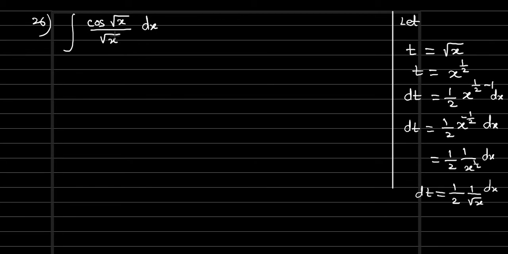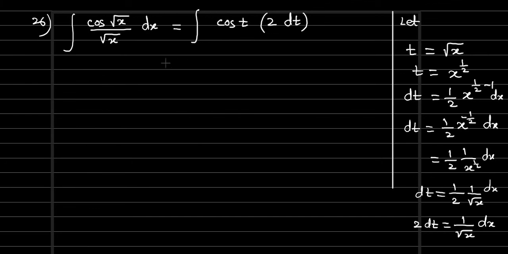So here root x alone we have, right? Is that product 2 getting multiplied in the denominator? Obviously not. So what we are going to do is, this 2 we can send to the other side. So 2 times dt equal to 1 by root x dx. Now these things we are going to substitute in the given function. So integral cos root x, we assigned as t. So cos t, and root x dx together is what? 1 by root x dx is 2 dt. So removing this and writing 2 times dt.